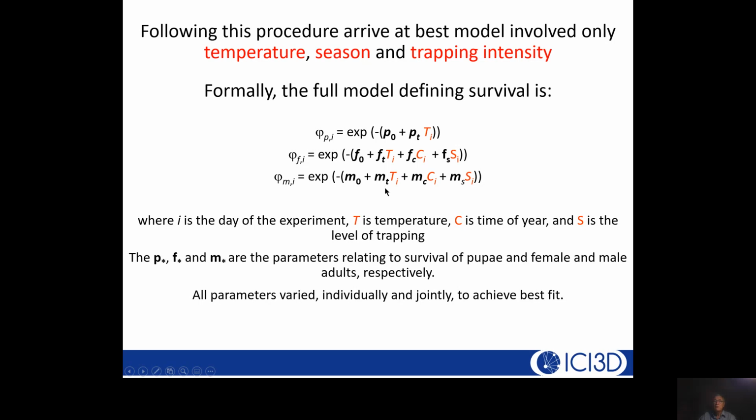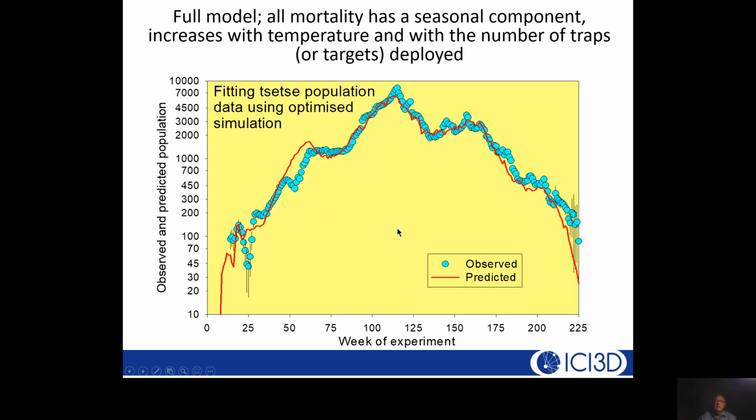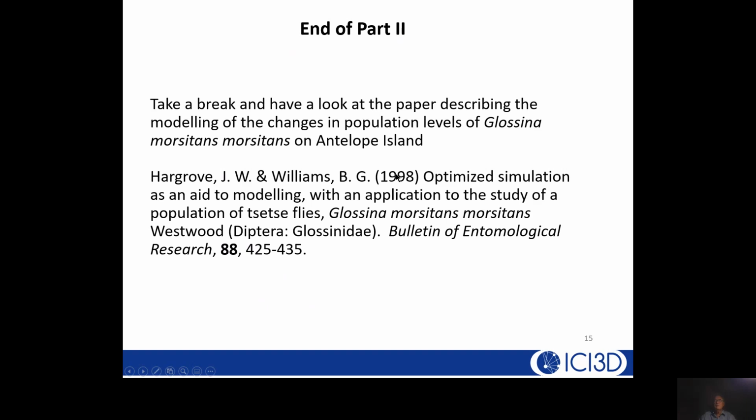All of these coefficients, the fitting routine changes up and down until it gets the minimum sums of squares. Given that these are biological data, and we know that perhaps there's a better model out there, we can actually get a seriously good fit to these data right the way across. So we've actually got to the end of part 2. We've managed to show that temperature is by far the most important